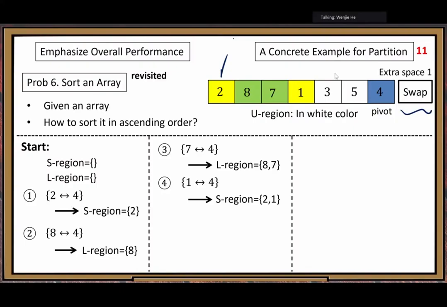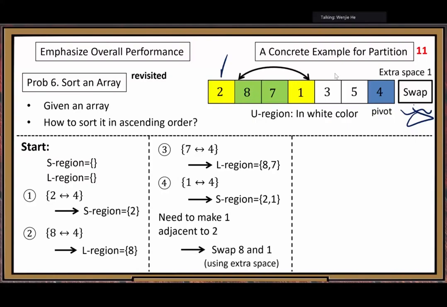So we need to do some operation adjustment. What kind of operation adjustment to change the locations? This time we need to do the swap operation, an appropriate swap, to make it happen. All right, swap element 8 and element 1.